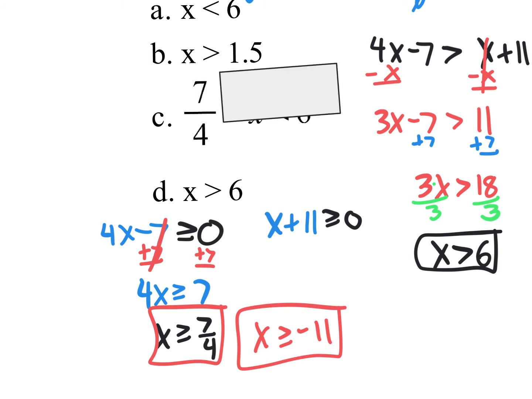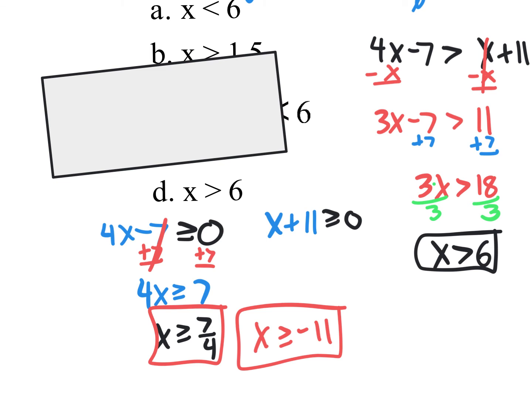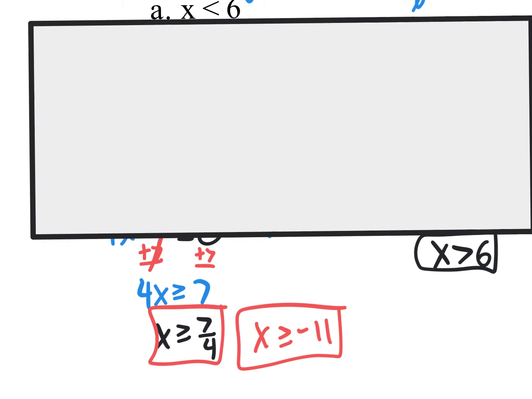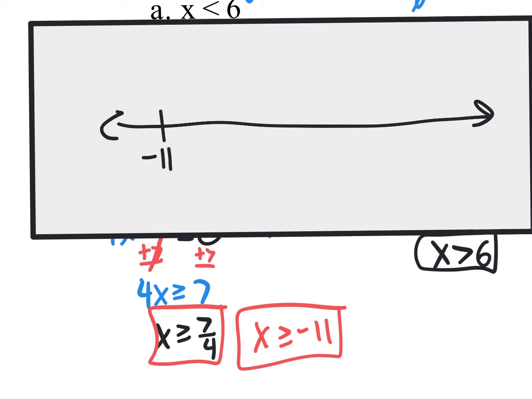So let me do this. I am going to use this rectangle by bringing it to the front. And I want to draw a number line right on it with those answers. So here's my number line. I know it's disgusting. I should have used a ruler. Let's plot the points. We have negative 11 over here on the left side. We have positive 6 over here on the right side. And 7/4, that's a little bit less than 2. It's 1 3/4. So 7/4 will be somewhere right here. And of course, 0 is somewhere over here. I guess technically negative 11 should be further that way. But anyway, let's plot these